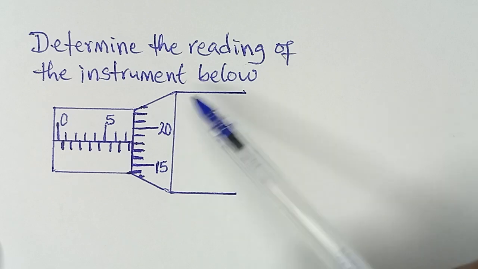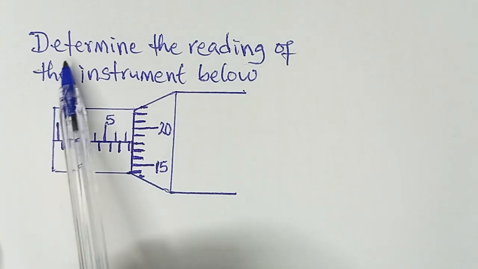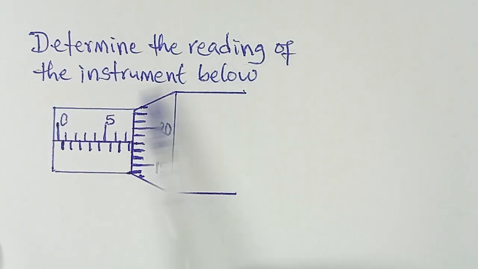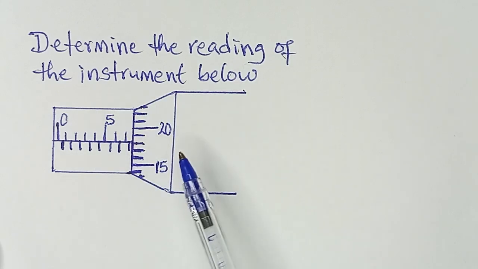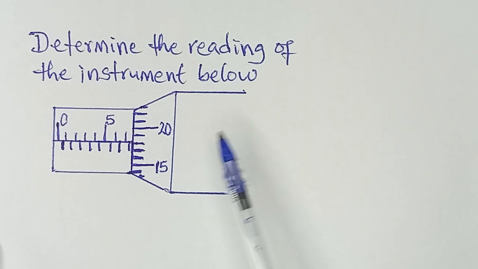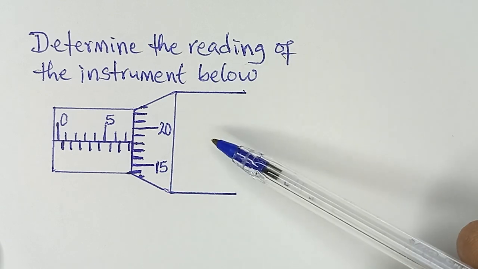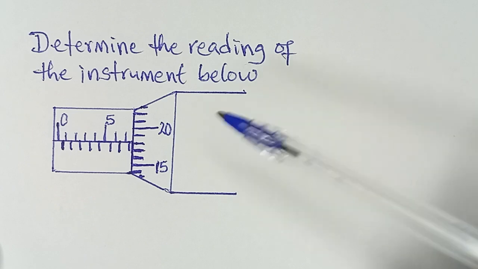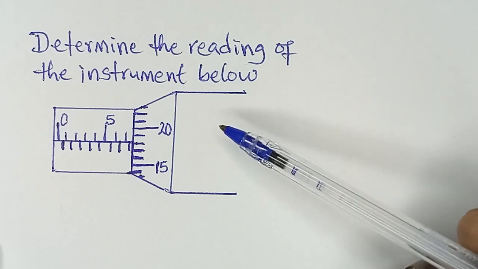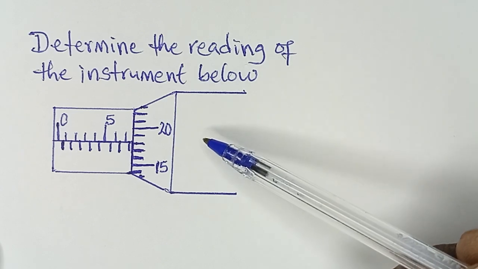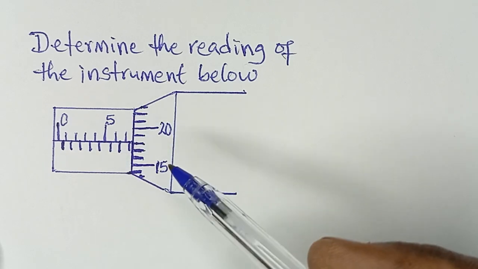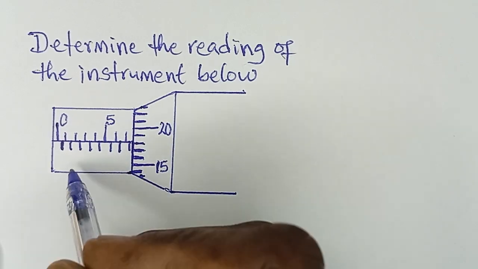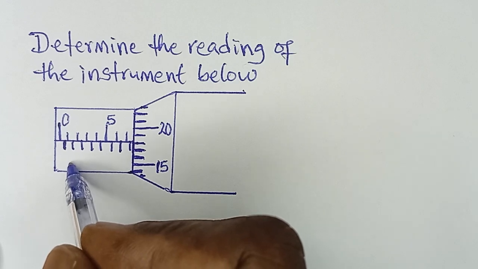Now the question I have here on physics says determine the reading of the instrument below. Now this instrument given to us here is a micrometer screw gauge. It is a micrometer screw gauge that can be used to measure the length or the diameter of very tiny objects. Now, for us to determine the reading of this instrument, we need to obtain the reading of the main